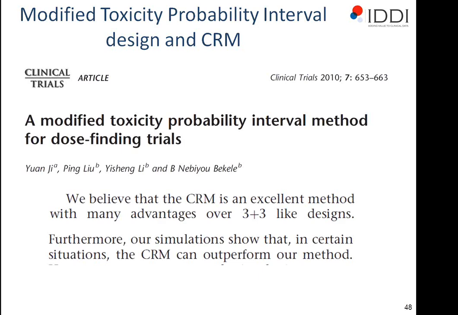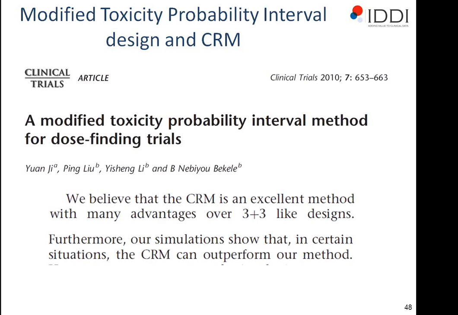And this is actually a very interesting quotation I found in the paper investigating the properties of the MPTI design. So in this original paper, essentially what the authors say is that they believe that the CRM is an excellent method with many advantages over 3+3 like designs. So even in this paper, they indicate that CRM is actually better than the classical 3+3 design. And furthermore, our simulations show that in certain situations the CRM can outperform our method. So indeed, the